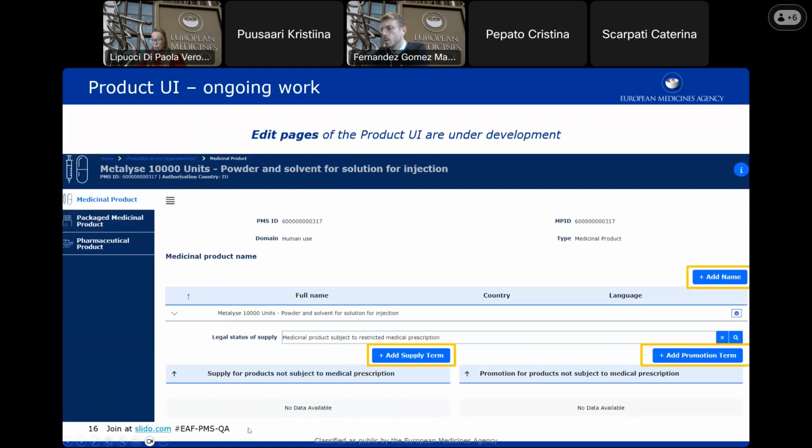Another aspect that we have been focusing so far is the development of the edit page. The difference between the edit page and the view page, as you can clearly understand from the terminology used, is to allow the user to make changes into the product user interface to their specific product's data. The edit pages will be the basis for making amendments, correction, and updates, also in connection with the electronic application